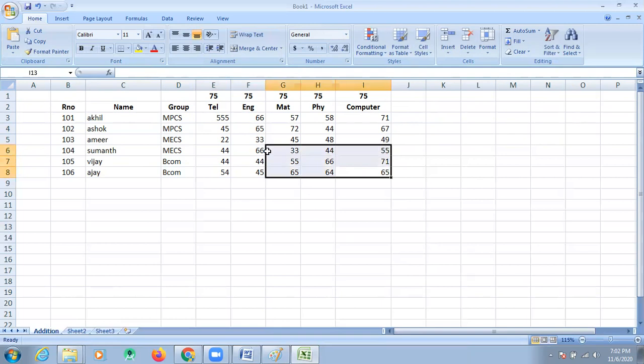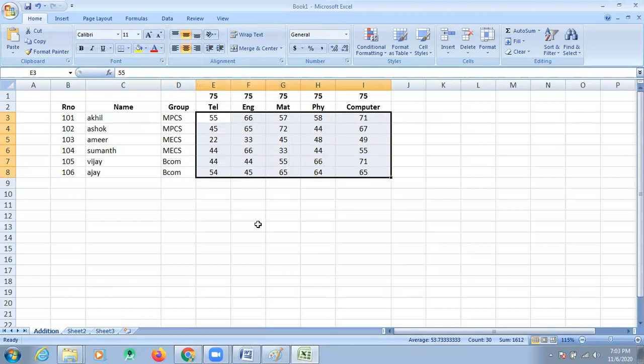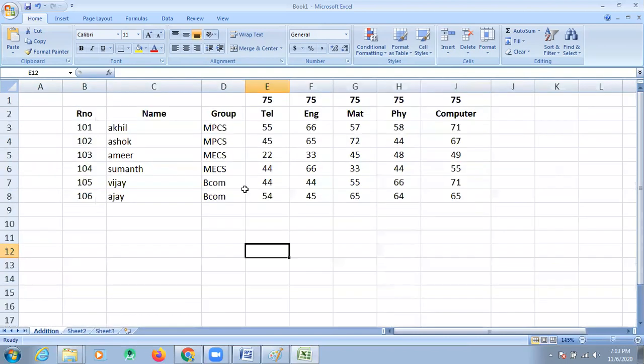I want to align all of this, center alignment. First select which one you want to align center. Select this one. Students, the answer is very simple. If you know how to enter and edit data, you can write your own words. After entering data, you can write a simple diagram. Data entry is successfully completed.